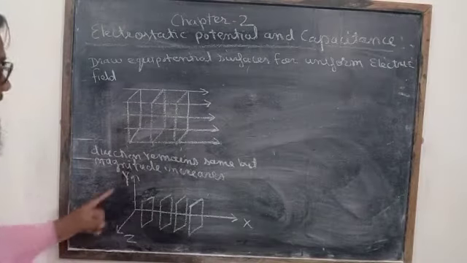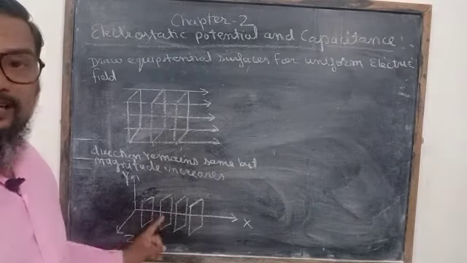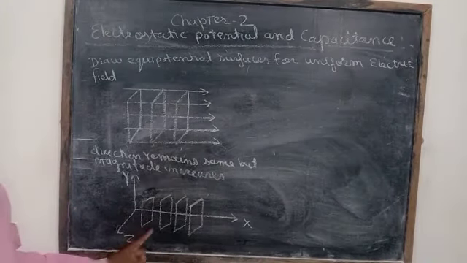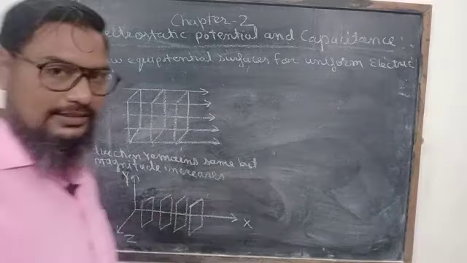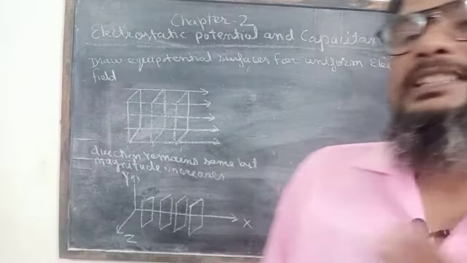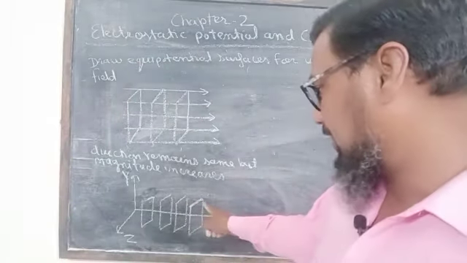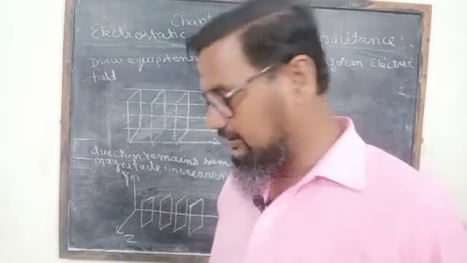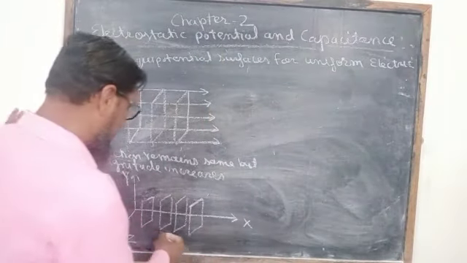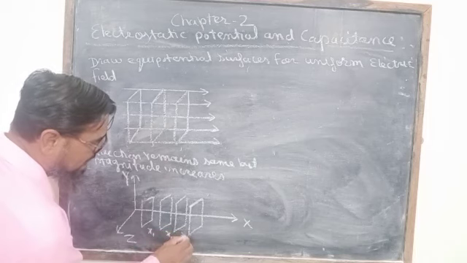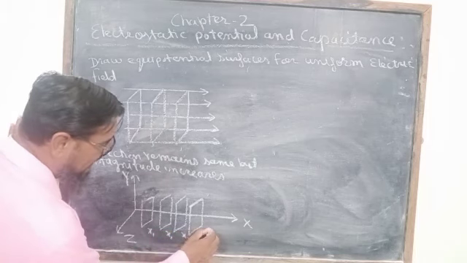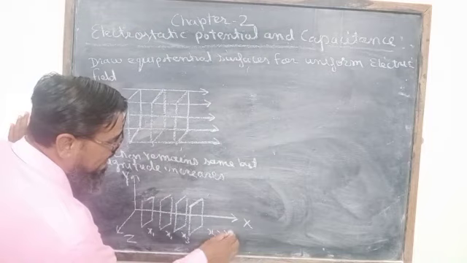As the electric field intensity increases, the separation of equipotential surfaces continuously decreases. The spacing between the equipotential surfaces decreases. This distance is x1, this is x2, this is x3, then x1 is greater than x2